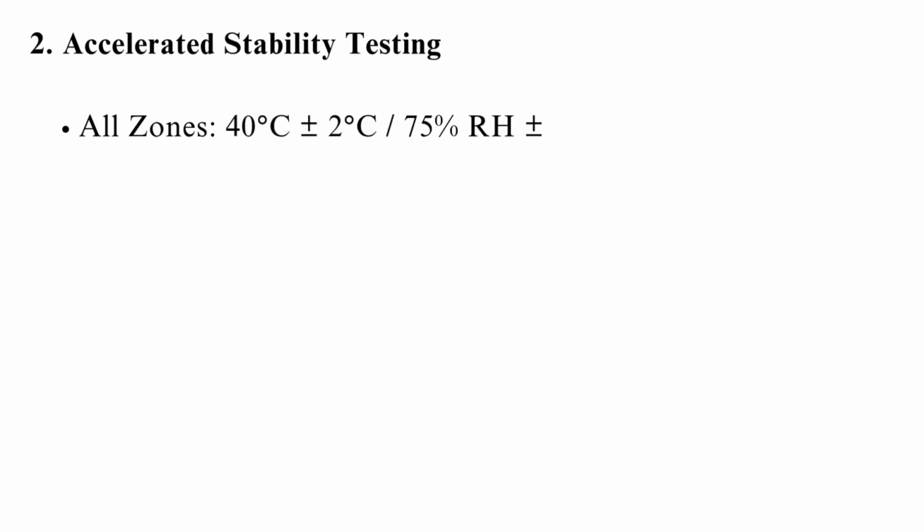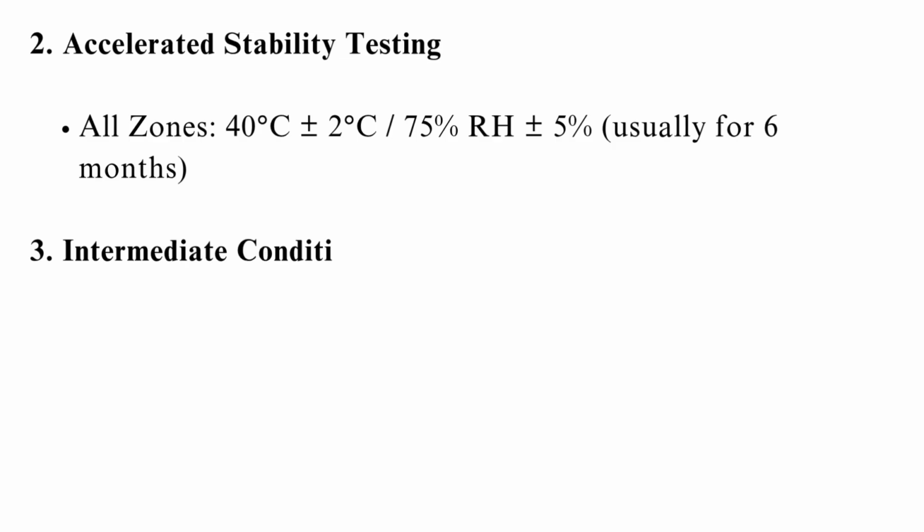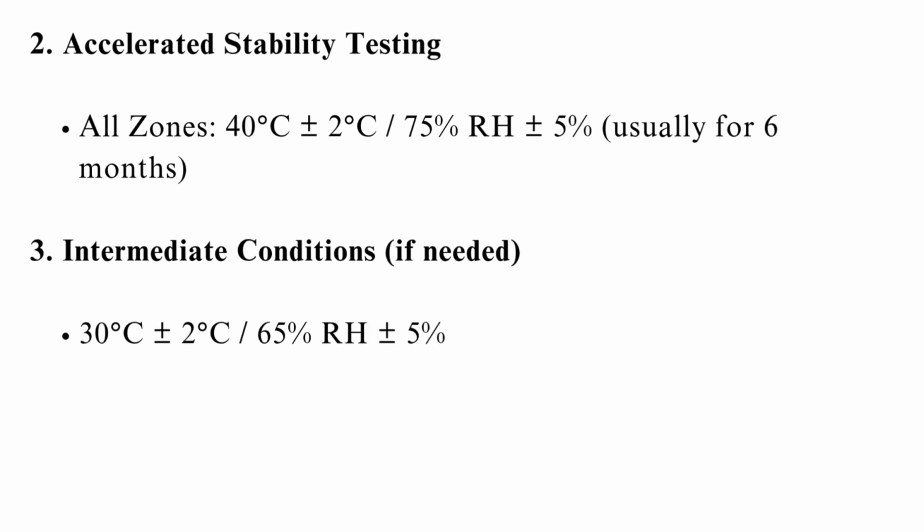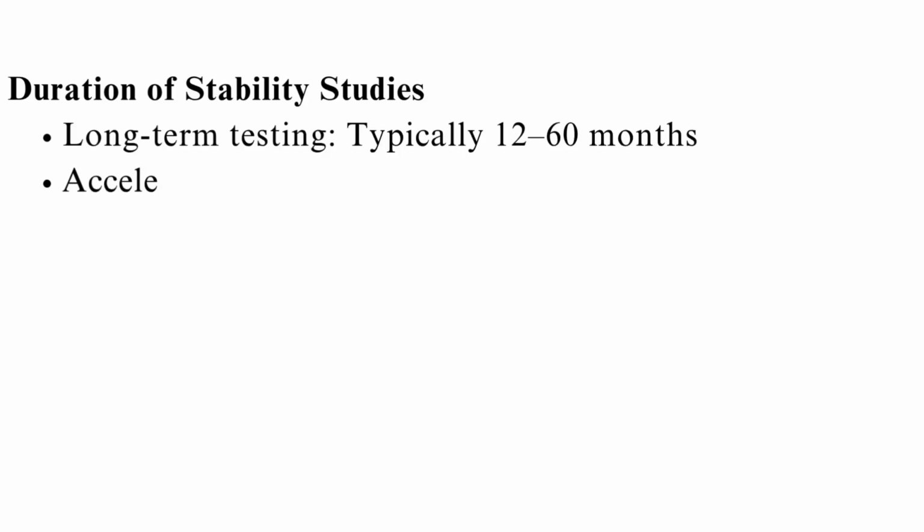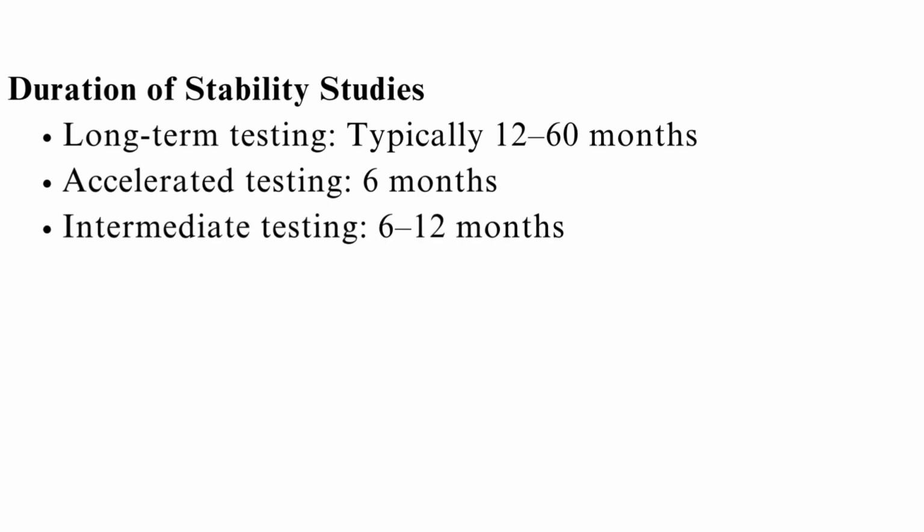40 degrees Celsius plus or minus 2 degrees Celsius / 75% RH plus or minus 5%, usually for 6 months. Intermediate conditions, if needed: 30 degrees Celsius plus or minus 2 degrees Celsius / 65% RH plus or minus 5%. Duration of stability studies: long-term testing, typically 12 to 60 months; accelerated testing, 6 months; intermediate testing, 6 to 12